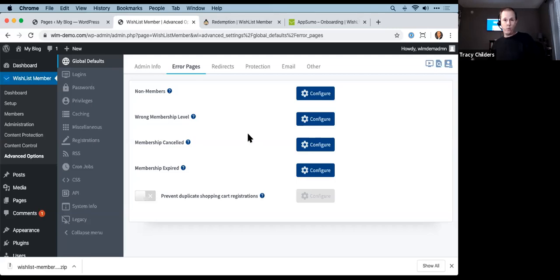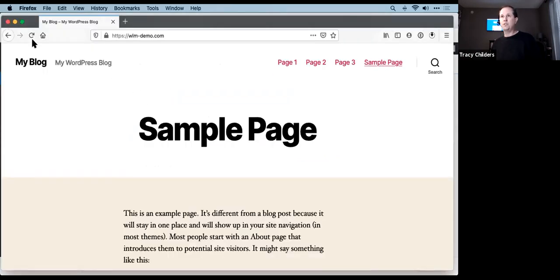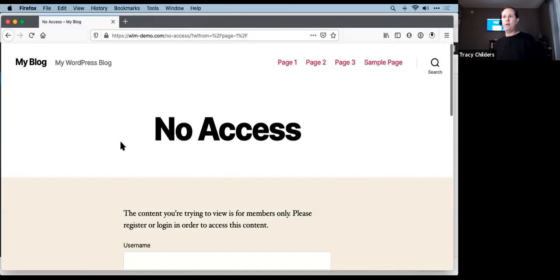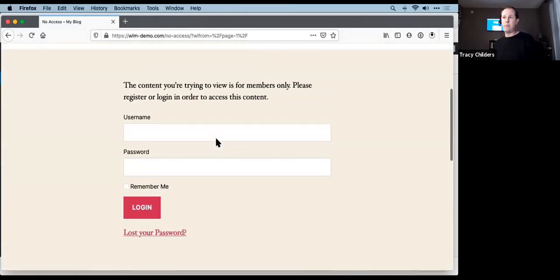Now, why would that be good? Because you can put anything you want to on a page. You could put a video there, you could put anything and explain to them. You could sell your membership if that's what you wanted to do. But let's see how that turned out. You'll see I'm just going to reload the site. Here we are, and I'm going to try to access page 1. And you'll see now it's no longer going to that dialogue, but it's actually going to the page that we